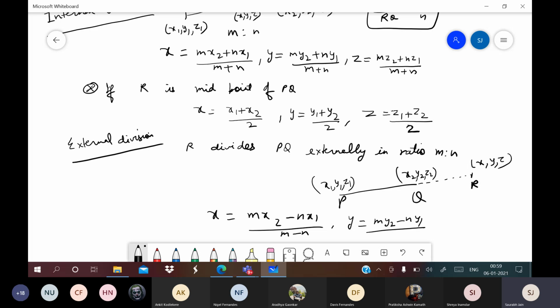Change of the sign between these terms. In place of plus, there used to be minus everywhere. These were the changes, nothing else. Okay,